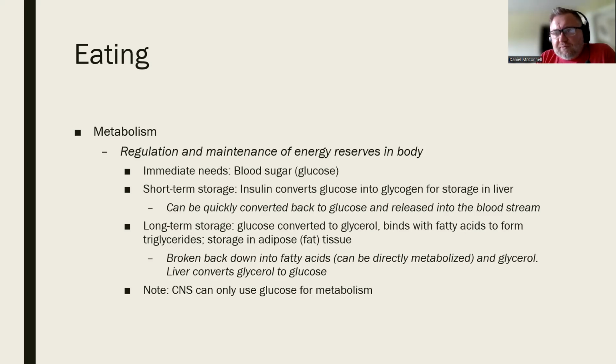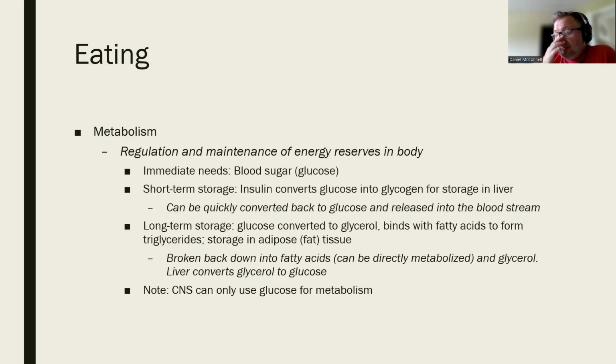But there's a separate long-term storage. The idea here is that evolution has equipped humans with the ability to store energy as body fat, right? Because of course there might be times where, like I said, once our blood sugar levels drop, and then maybe even the glycogen storage in the liver drops, we're going to need to replenish that energy pretty soon, which means we need to eat. But not only does that take time, there could be periods where there is not a good, consistent supply of food available to us. And if we go too long without eating, of course, we're going to possibly die.